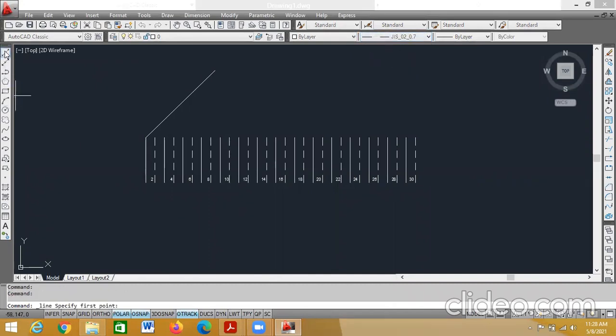Again, go to line. From end point of 8 at an angle of 45 degree, draw a line which intersects the dark line from conductor 1. This is my first YB connection. Okay. This is the extra portion. How to remove this extra portion, I'll tell you using the trim option. Now I'll do the next